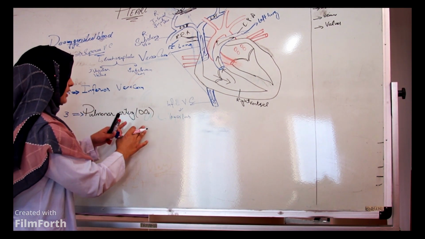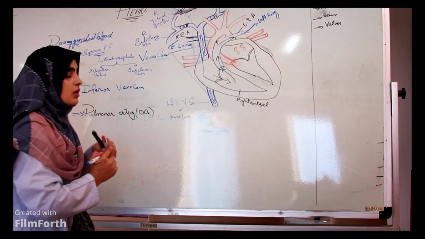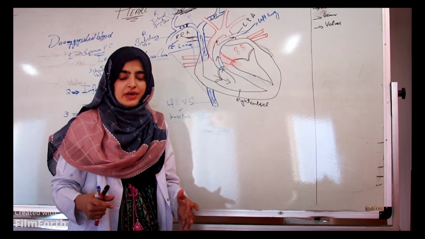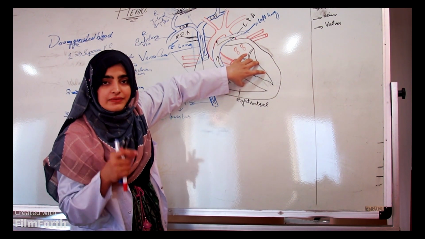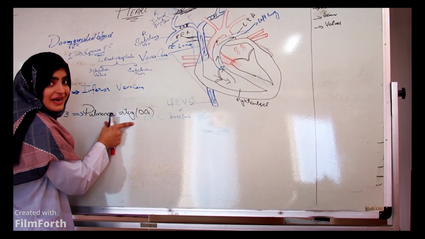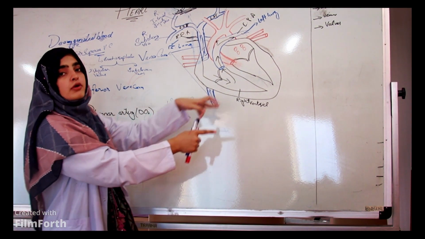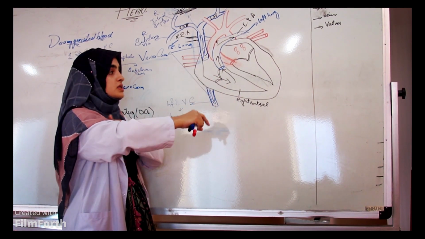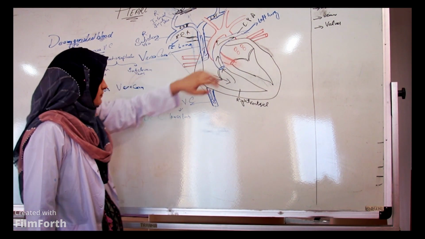You may think, why do we call it an artery, why can we not call it a vein, because it carries deoxygenated blood. We call it pulmonary artery because of the way in which it carries blood. We call all vessels arteries that carry blood away from the heart. So the pulmonary artery is called an artery and not a vein just because it carries blood away from the heart. It doesn't matter which kind of blood it carries, oxygenated or deoxygenated. What matters is that it carries blood away from the heart, so it is considered an artery.